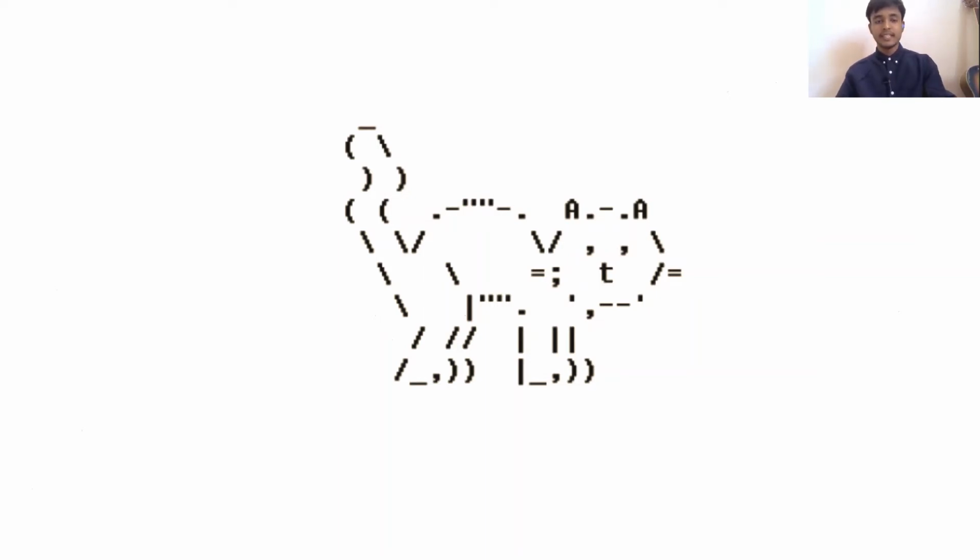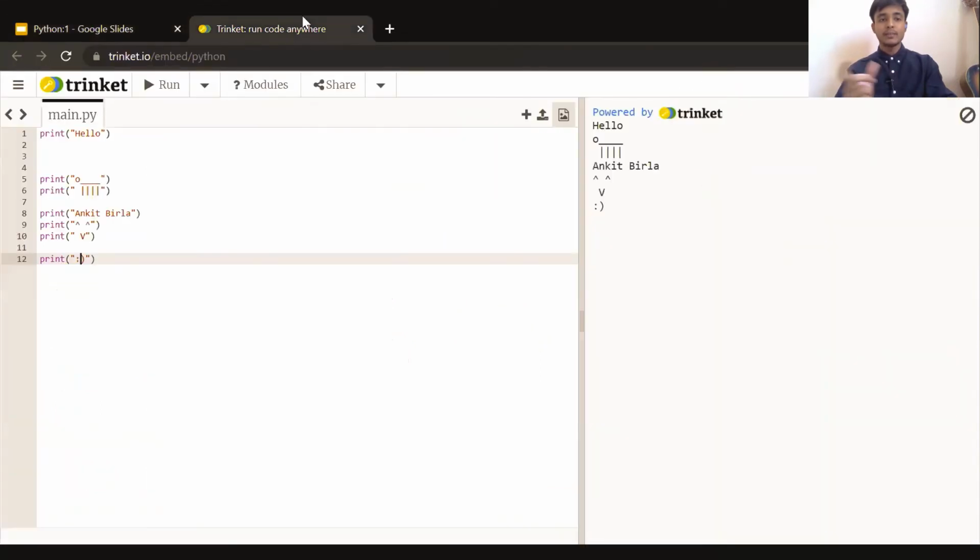So let's see it. If you want to add some numbers in Python, then just print. Print is basically for printing the statement on the terminal. So print 8 plus 9 and then run it on the